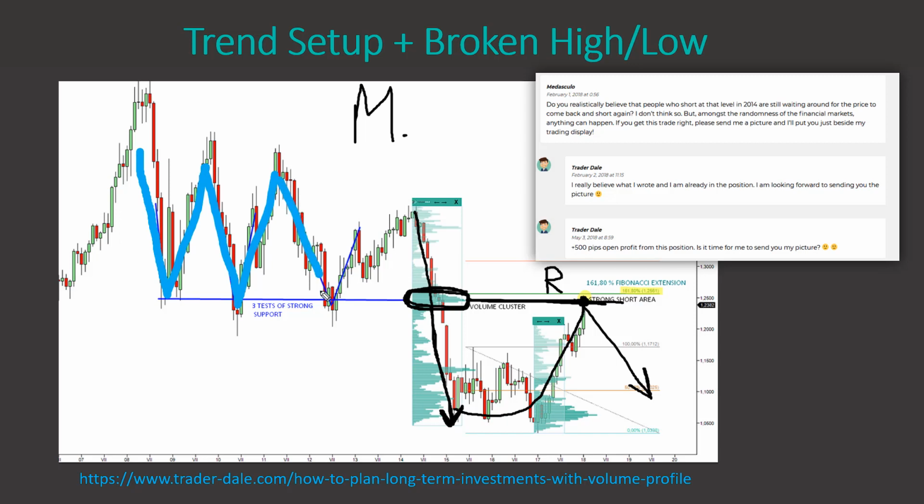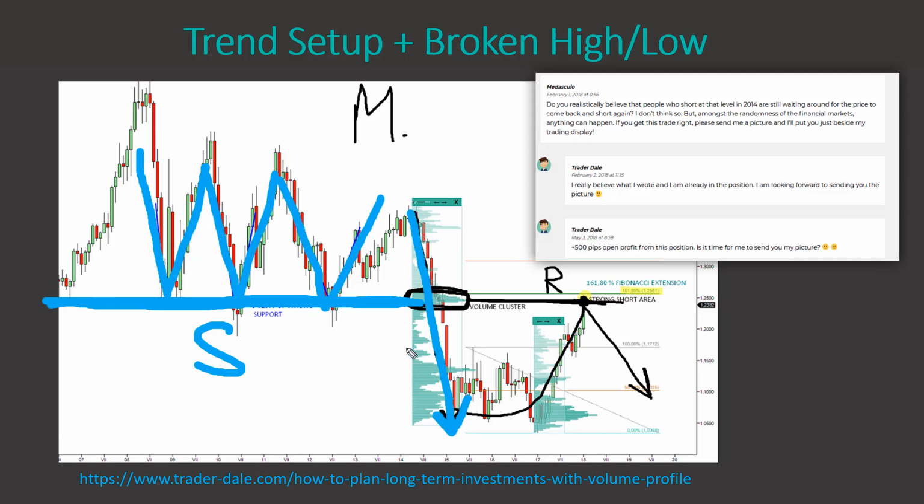when there's a support, like in here, the price bounced off this support in the past. You can see that the price was reacting to this zone, right? So it was a support. And when a support gets breached, this is where it got breached, right? Then the support becomes a resistance. All right, this is a simple and old price action setup, which I really like to use with my volume profile